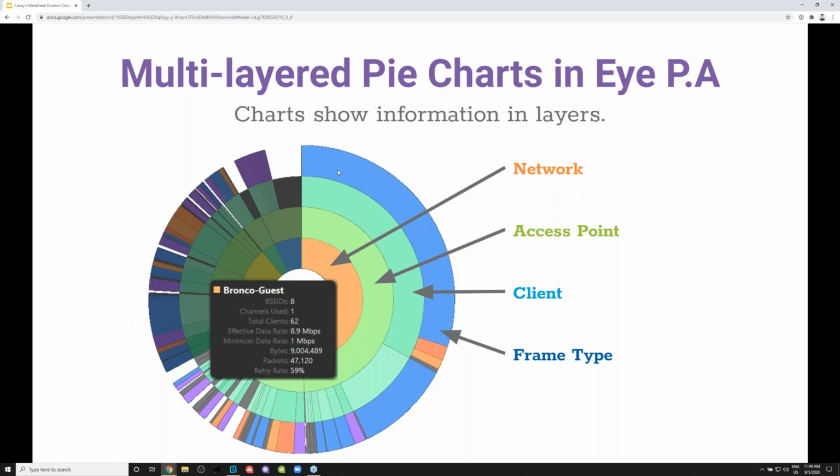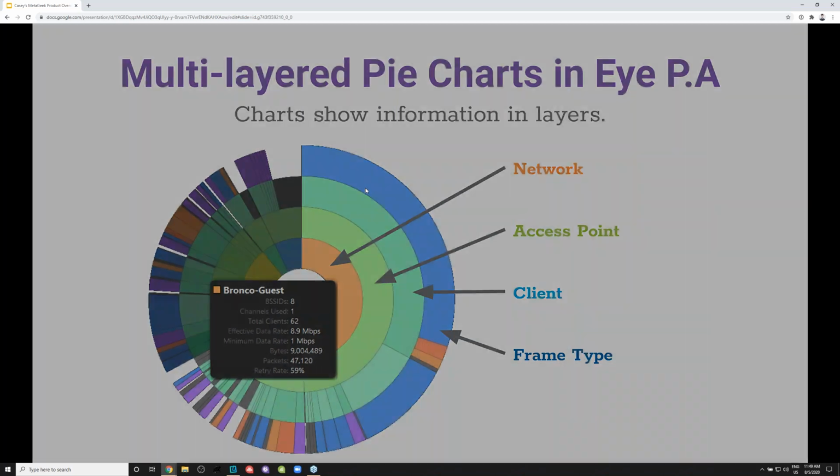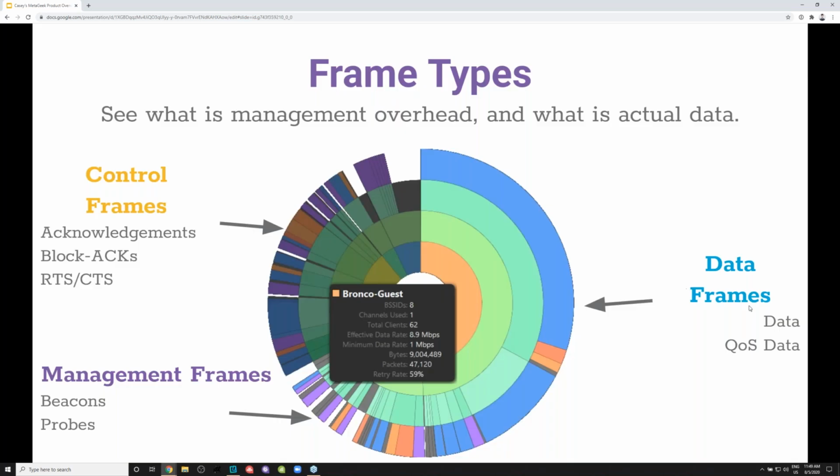The next slice of pie is the actual frame type. If we go to our little key here, we know that blue frames are data frames. So that same Apple device was eating up a lot of data, which is good. Maybe it was a YouTube video or something like that, with a very minimal amount of control frames to aid in the delivery of those data frames. And we don't see a lot of beacons or probe requests because this is a healthily associated client that already knows the network. This little purple slice is probably the beacon from the network broadcasting that it's there,